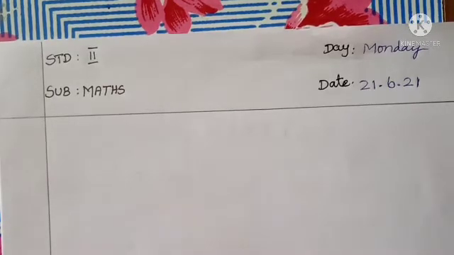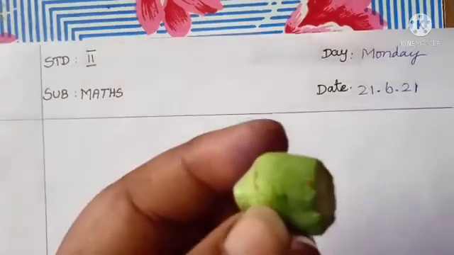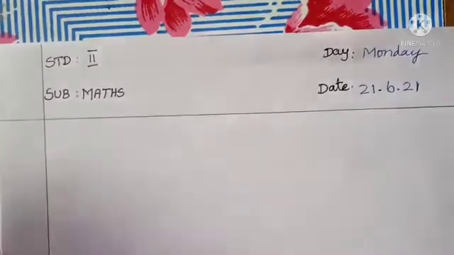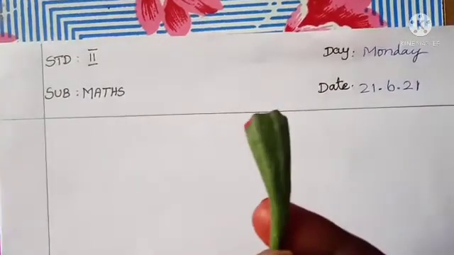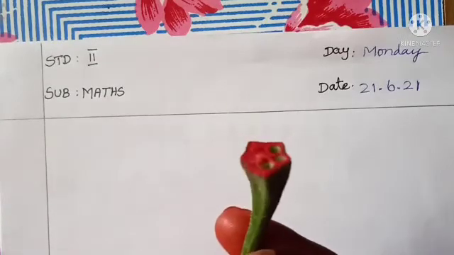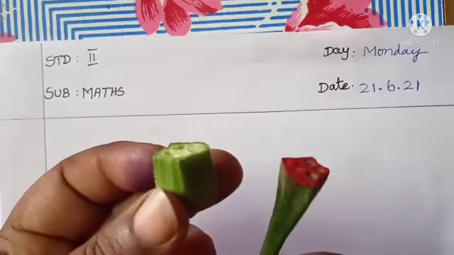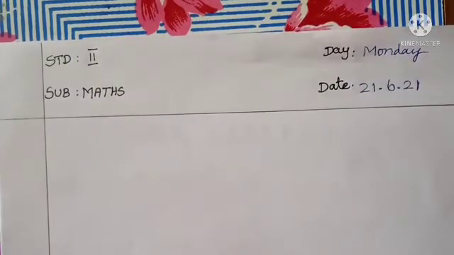I take now a lady's finger and cut the top part. This is the big size. The next one I take is the end of the lady's finger. So this is the small part. I cut it into these two pieces. I use red color and make some patterns. I will show you now. Ready, children?